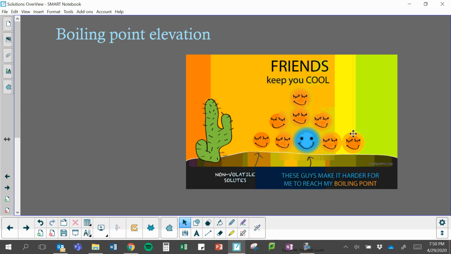So you can see here, this is showing the water being surrounded by its happy little friends, which are the solutes, and it's saying that it's making it harder for them to reach my boiling point. So they have to get to a higher temperature. So the reason this is helpful in cooking